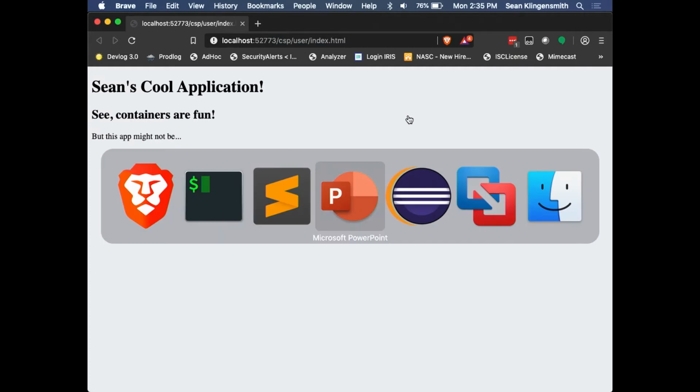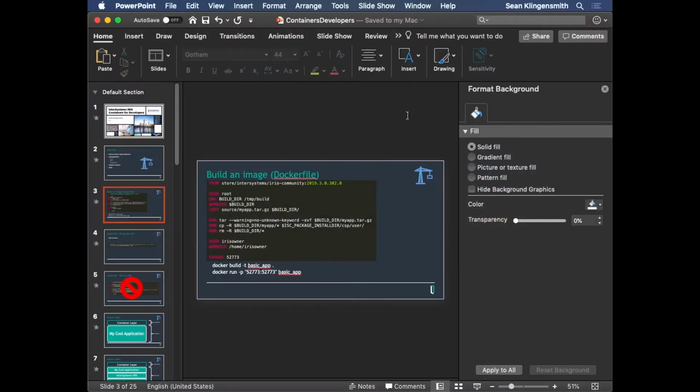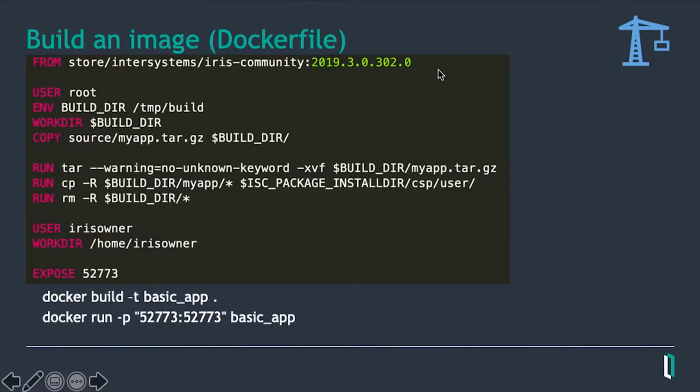really what you want to do is you don't just want to copy HTML files around. What we want to do is load code into IRIS, load our object code, load our application, not just some static files into the container. So if we want to load things into IRIS,